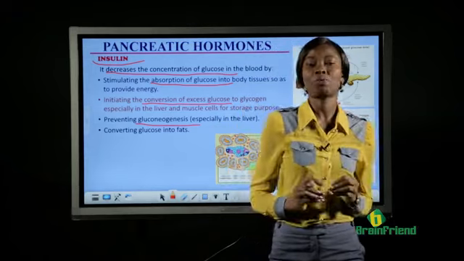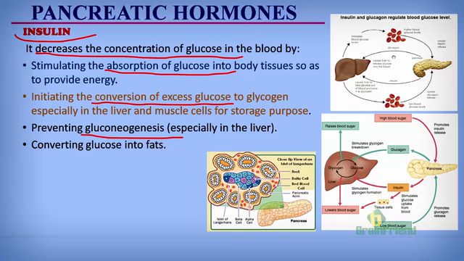But in this particular time where insulin is in action, the concentration of glucose in the blood is already higher than it should be, so we do not need gluconeogenesis. So insulin goes down to the liver, where gluconeogenesis usually takes place, and it prevents this process from occurring. And as it does this, it controls the concentration of glucose in the blood.